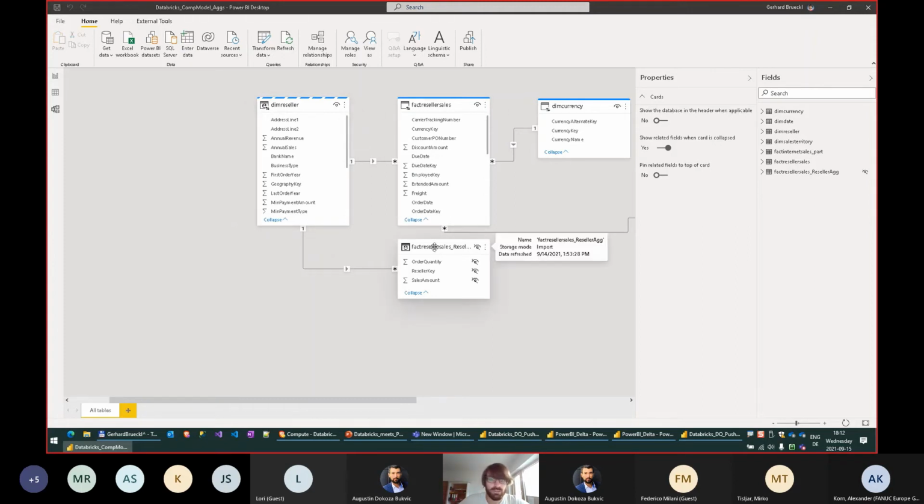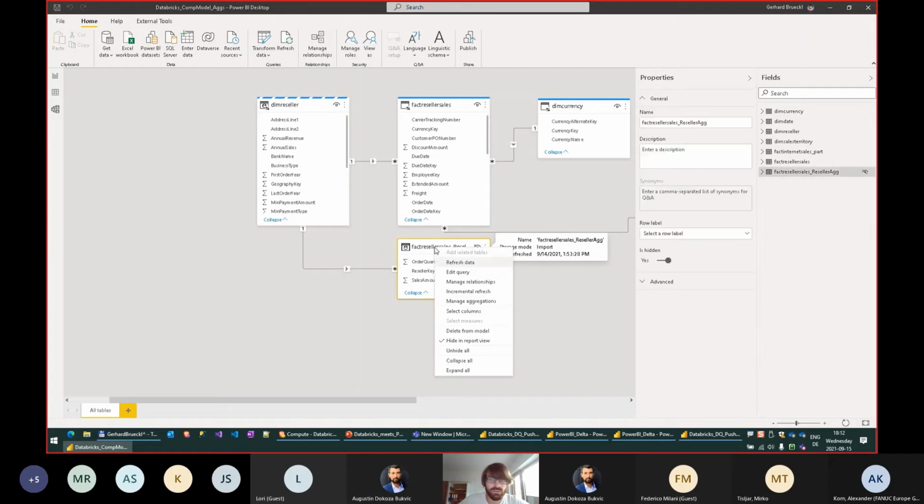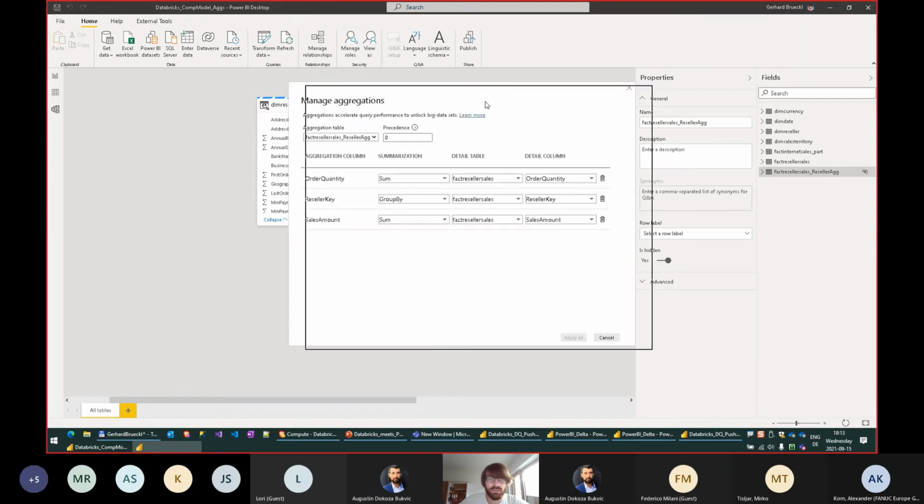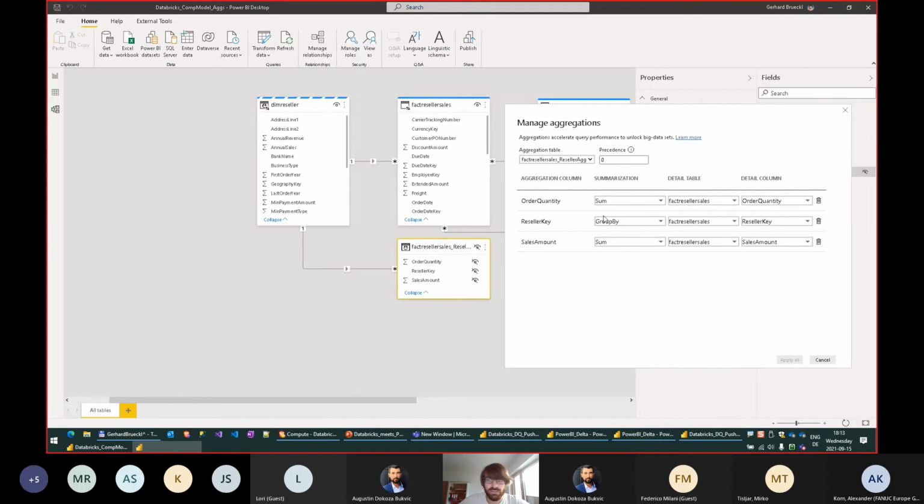So to accomplish this, there is the so-called feature of aggregations. If you create up front a table that has everything that you need, like sales amount and order quantity, grouped by the reseller key, which is the key that links it to the reseller table, you can use this table as an aggregation table. If you right click, manage aggregations,